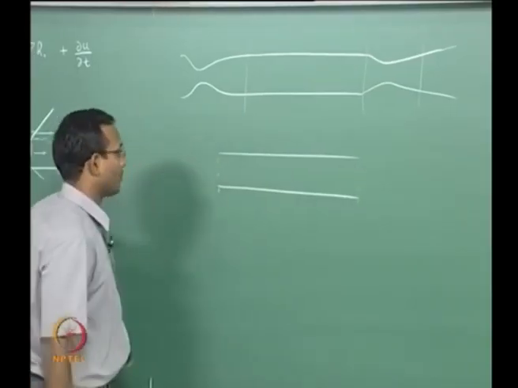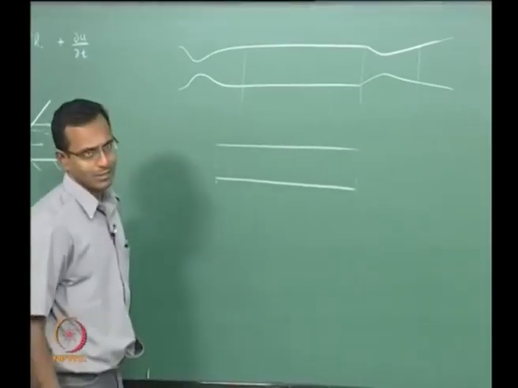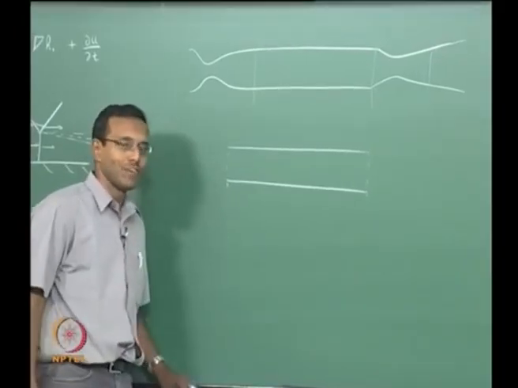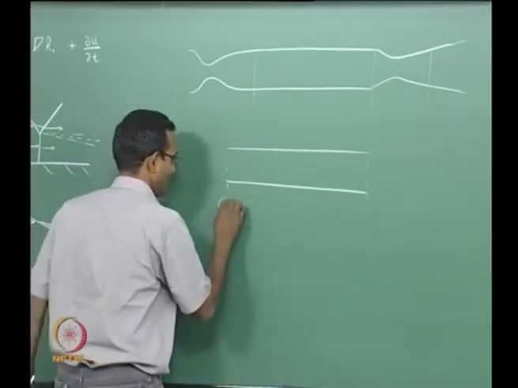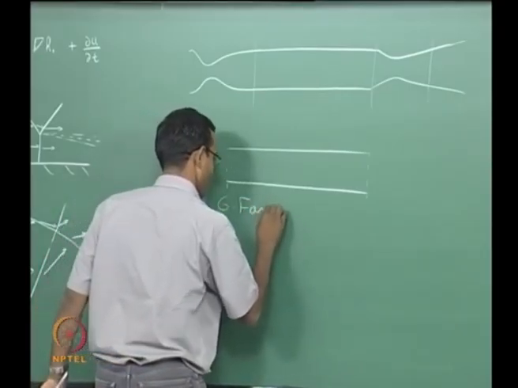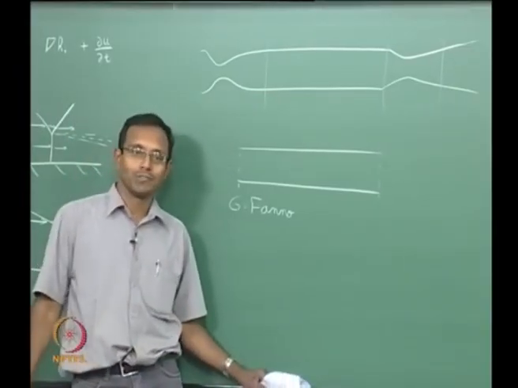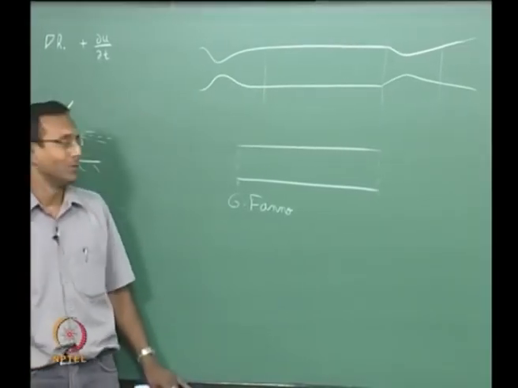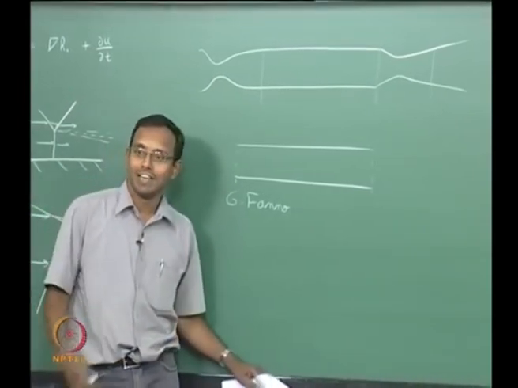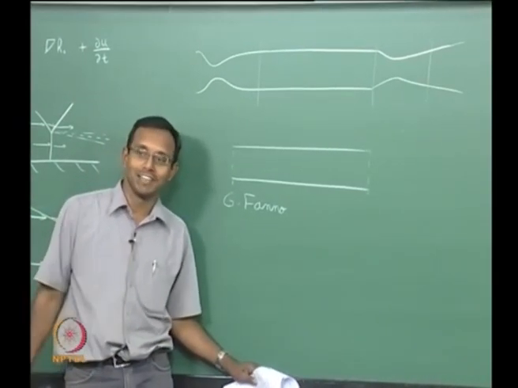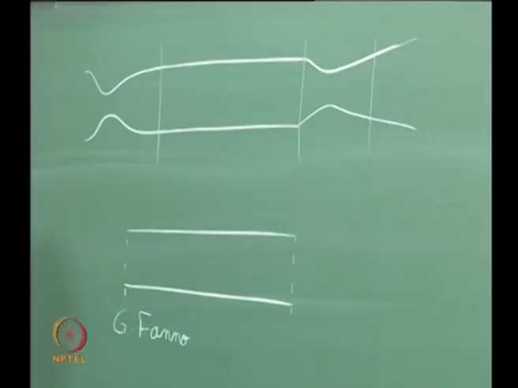Okay. This particular problem was first formulated by, I believe, Gino Fano. Okay. Anyway, G Fano, I think it is Gino, G-I-N-O. Okay. It's an Italian engineer who did this for the first time. He did not get recognition for his work till he died. That's all I know about him. Okay. He did not know that he is going to become famous. Okay. So anyway, this particular flow field is commonly referred to as Fano flow.